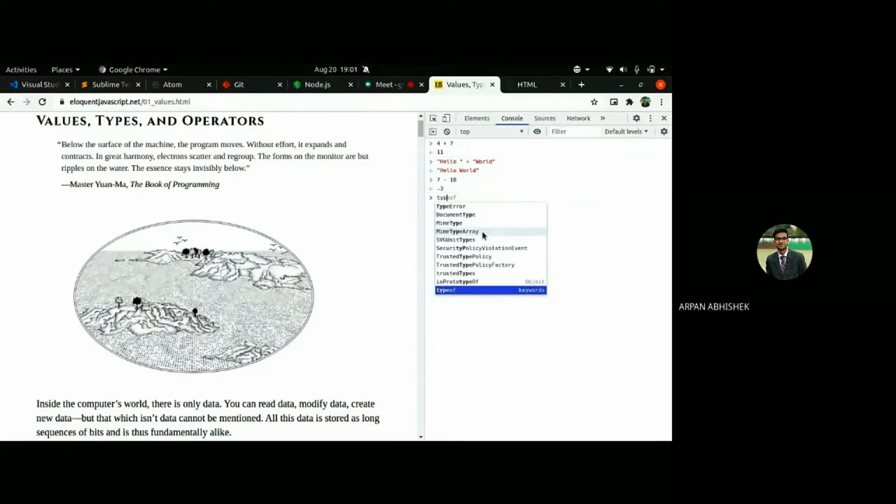objects. Okay, so we can actually check. It will give us a number. It won't give us specifically integer or float. So yeah, there's only number. Likewise, we don't have any character. Even if you put one character, it will give us a string. Even if you put nothing inside, it will give a string. Even if you use a single quote, it will also give us a string. So JavaScript is like that.